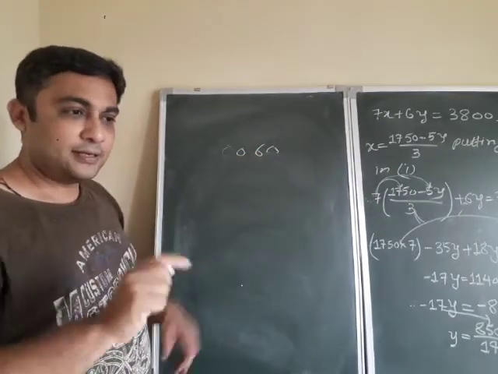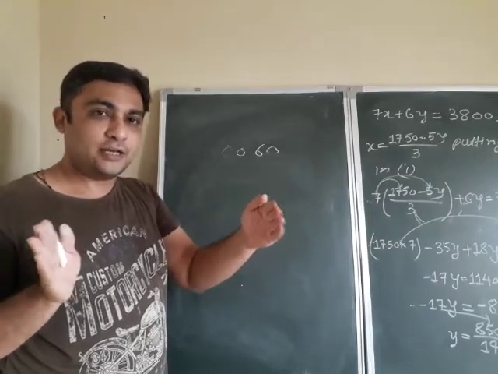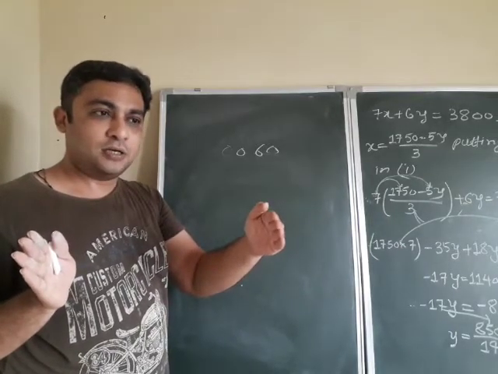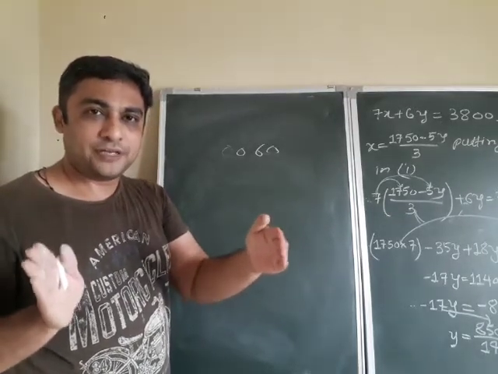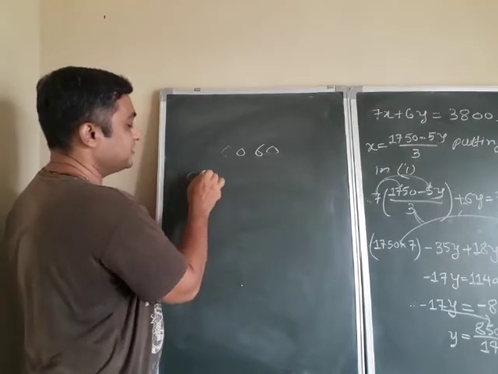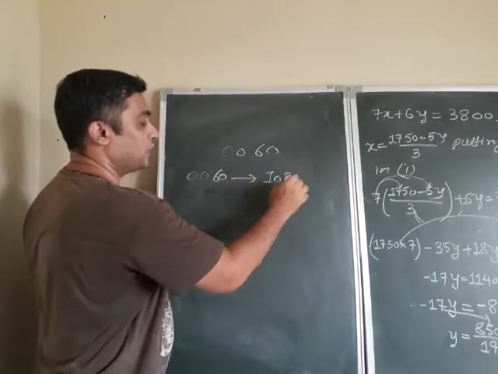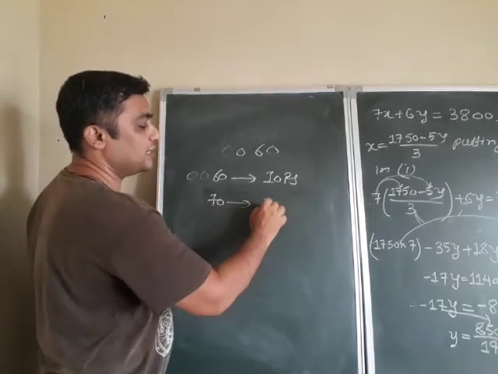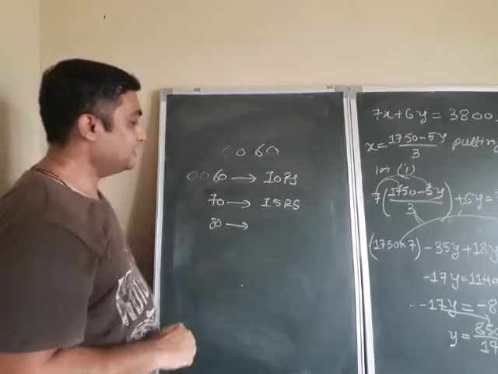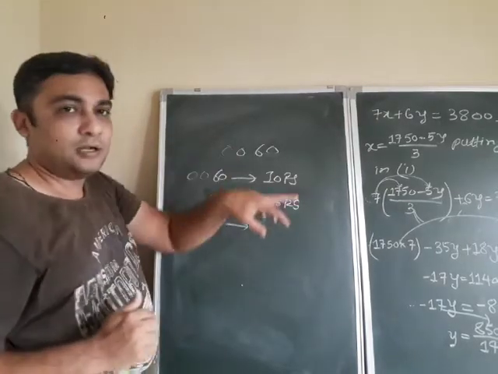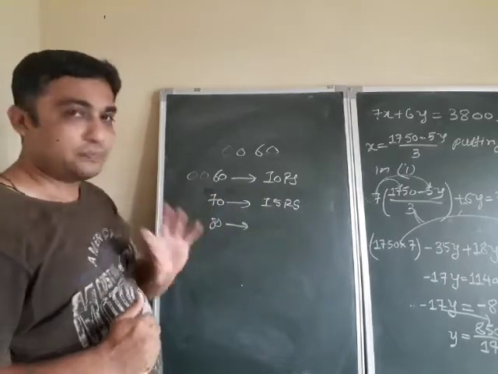And the RTO office has issued one chart for the owner of the rickshaw, where everything is written. If 0060, then your charge is 10 rupees. If it comes 70 point, your charge is 15 rupees. If it comes 80 point, and so on. This depends on how many kilometers you run, accordingly the meter runs.